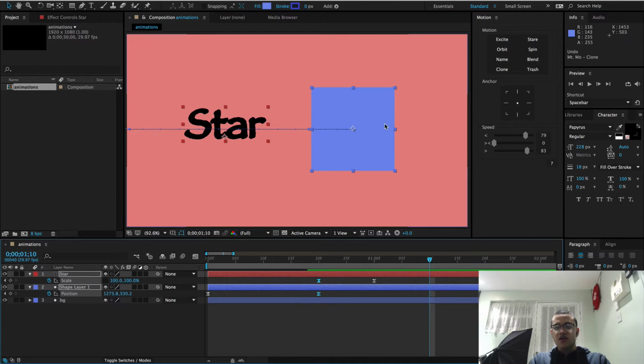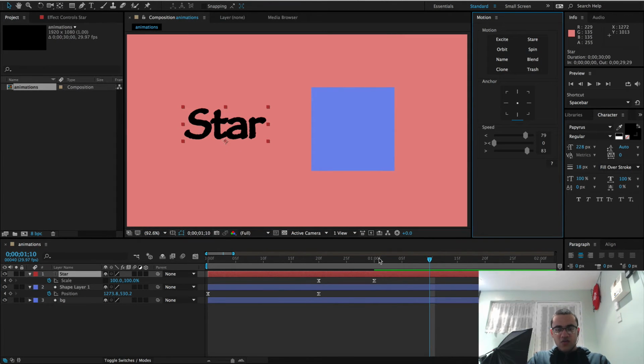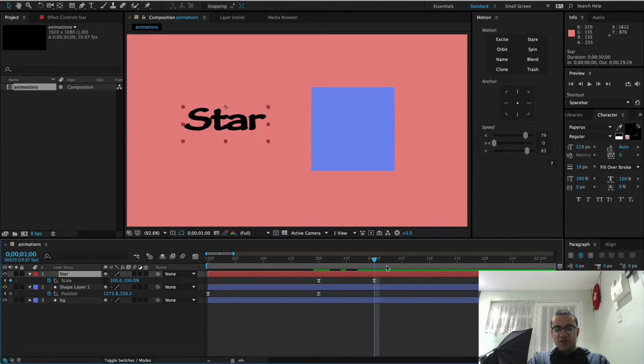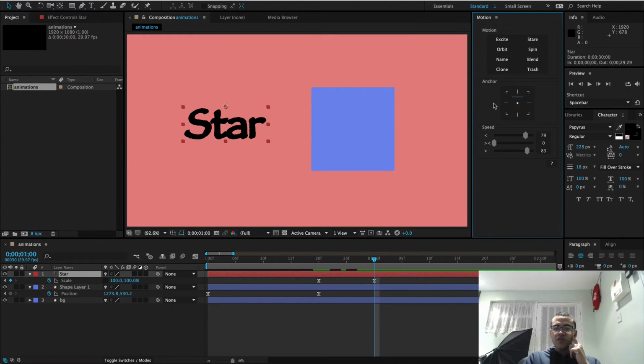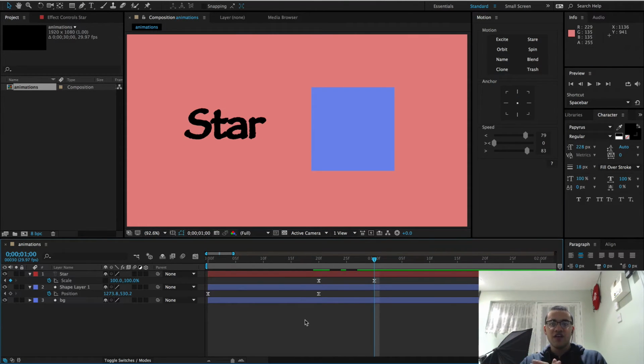One that I do use a lot is this, and a reason why this is important is if I select the star one, for example, and I put the anchor point to the bottom, then whatever animation you do, it's going to do from the bottom. If you select the top, then it's going to do the animation from the top, and middle is obviously going to do it from the middle. So that's why anchor points are really, really important. There are some other add-ons to After Effects that you can get that do the same thing as the anchor. One thing that's really used a lot in my videos is something called masks,